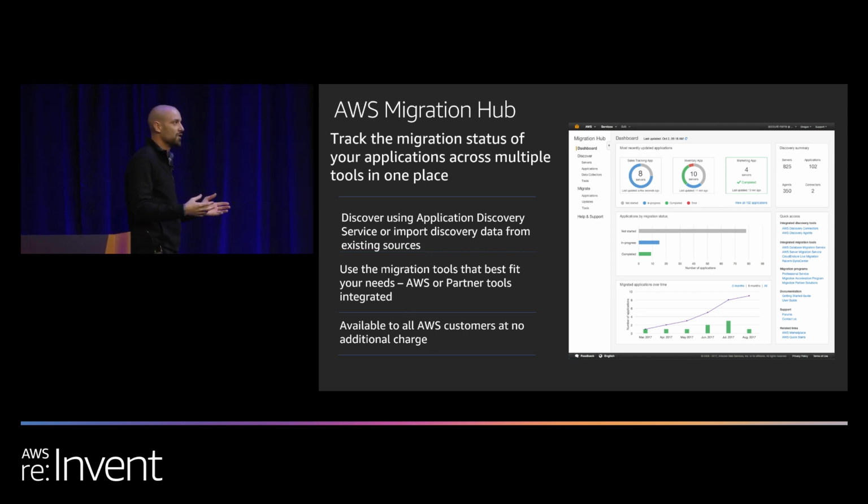So for folks that don't know, the Migration Hub's been around, I think, for almost about 2.5 years. It was launched at the New York City Summit. I want to say it was 2016, I believe. It might have been 2017. But either way, think about an application migration. That's one moving piece, right? And an application migration is not just a web server, it's not just a database, it's the sum of all parts. And you want to basically visualize that application just like that,